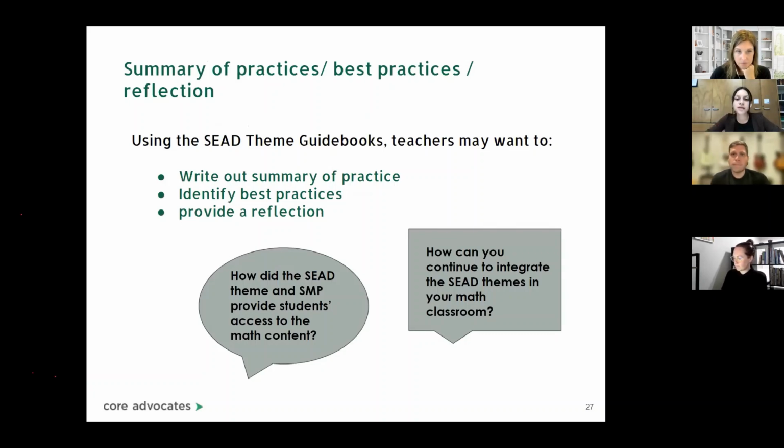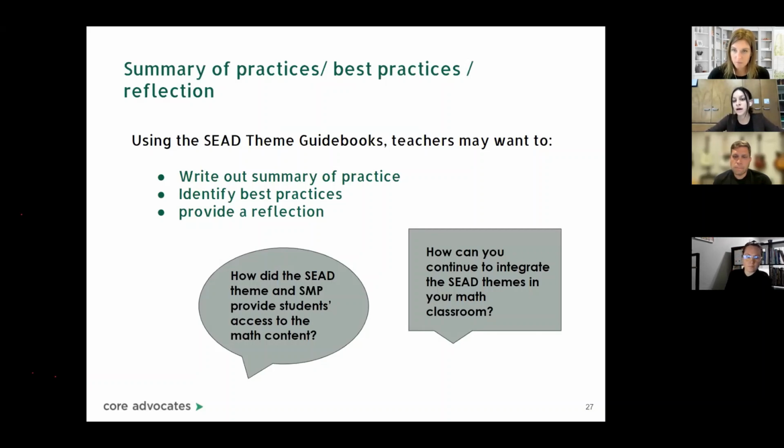This last section is the summary of practices and the best practices reflection. So here you would write out your reflection after completing the lesson plan in your classroom. And some of the things that you can think about is how did the SEAD theme and the standards for math practice provide students access to the math content? You can reflect on the strategies that you use within your classroom to maybe elicit students' thinking, to allow students